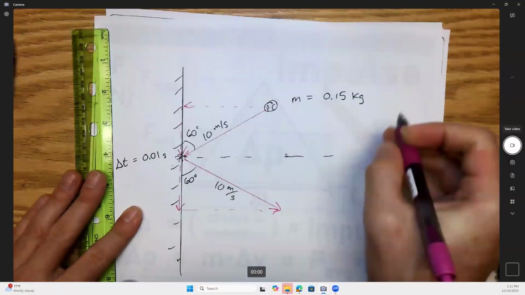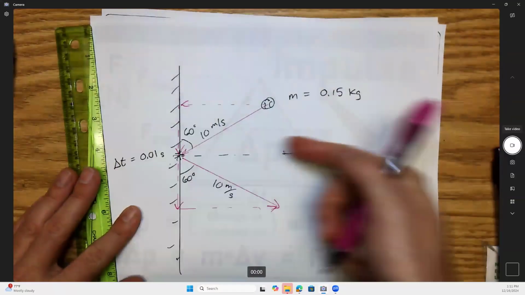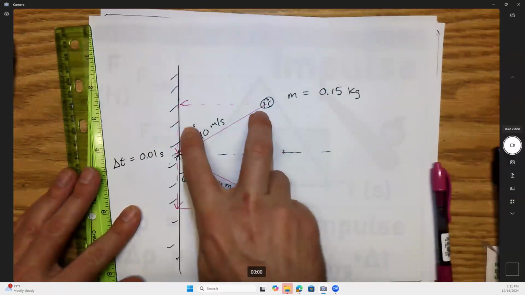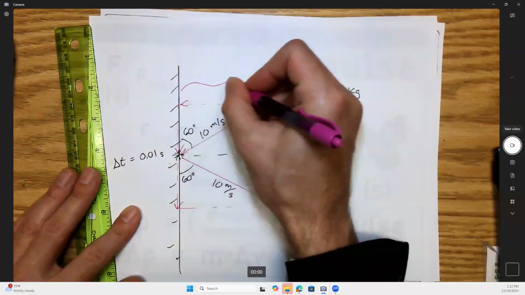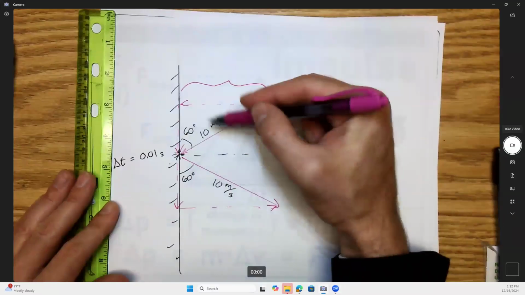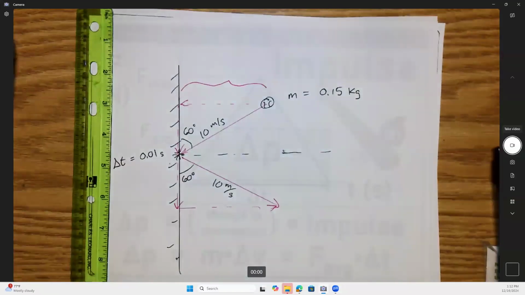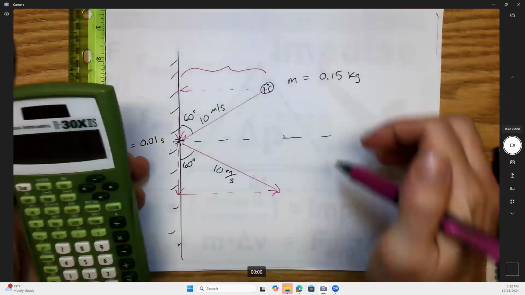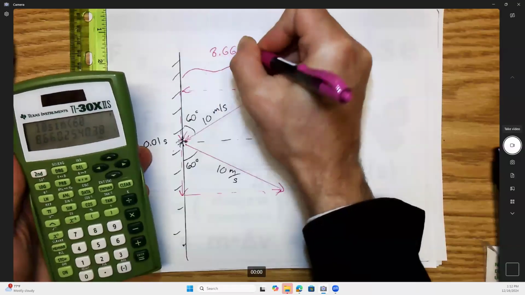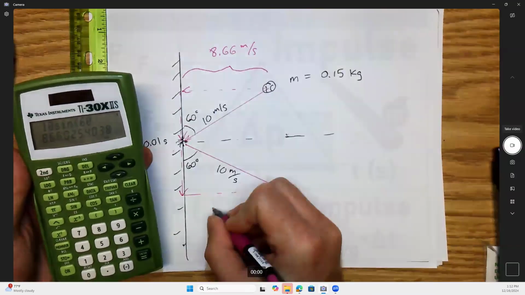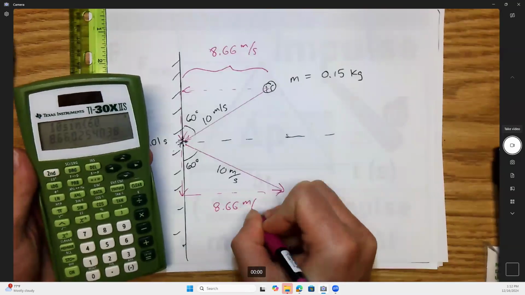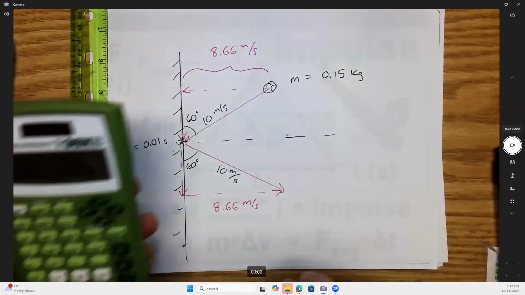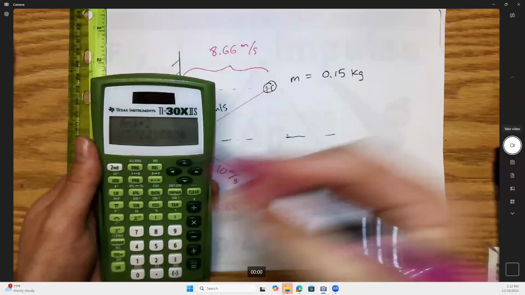But in the x direction, it completely reverses, kind of like you threw the ball straight at the wall and boing, goes back. So, guys, what is this velocity right here? What is this right here? Is it 10 sine 60? 10 sine 60, right? So 10 sine 60, I'm looking at, this is 8.66 meters per second towards the wall. And then by symmetry, this would be 8.66 meters per second away from the wall. So guys, what was the change in velocity of the ball? It'd be 17.3